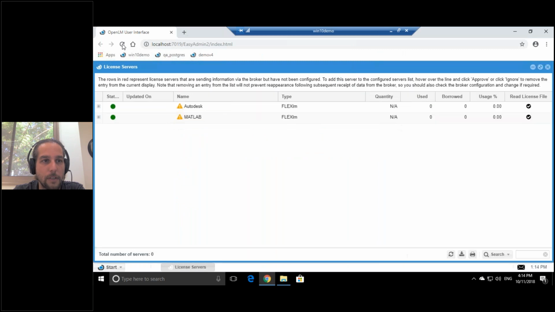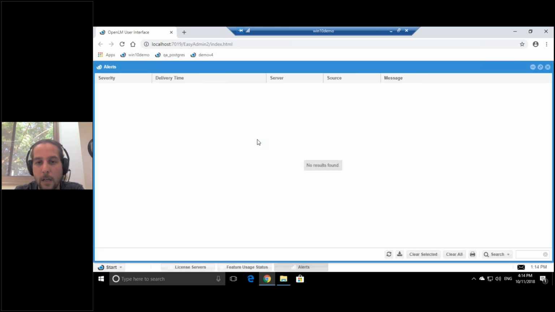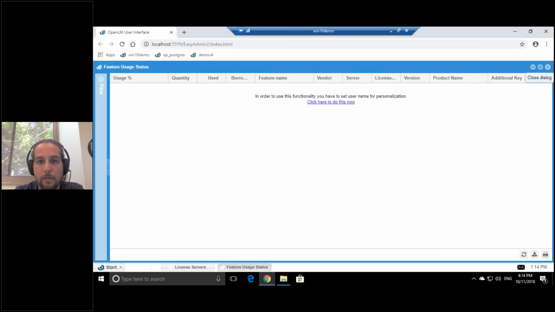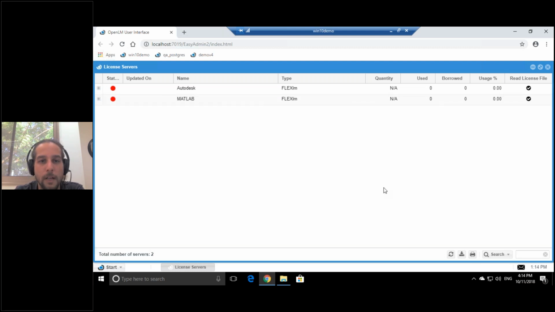Now let's refresh the page here. And it takes about between 2 to 5 minutes for everything to be configured. Now it says no broker. In a few moments, it will find everything, it will configure everything, but it takes a moment. Okay, so while this is configuring itself,